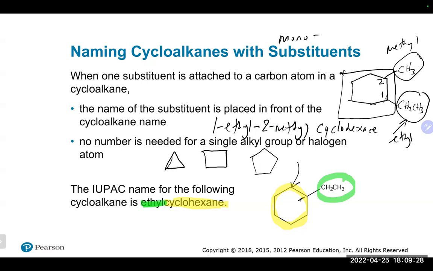So if you have multiple groups attached to a ring, that's when you need to give numbers. And again, you would probably start with the alphabetical group. That was a good place to start numbering, but you can try all your options. I could have started with methyl at 1 and 2, but again, that wouldn't have gone alphabetical. So I went with the ethyl at 1 and 2. I wouldn't want to start over here and call this carbon 1 and go around, because that will give 2 larger numbers. So we still want the smallest numbers, but here we could get the alphabetical group the smallest number out of all of them. Any questions on that?